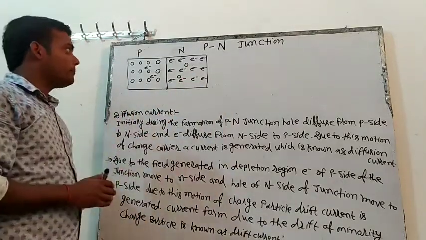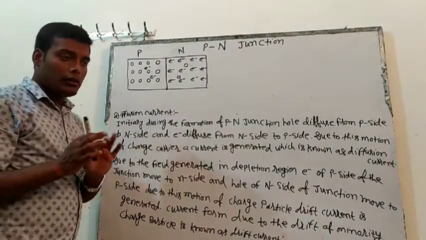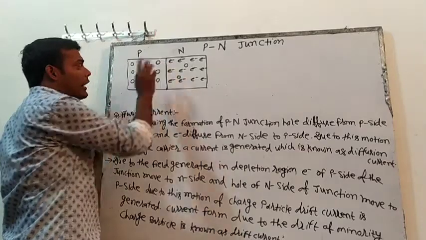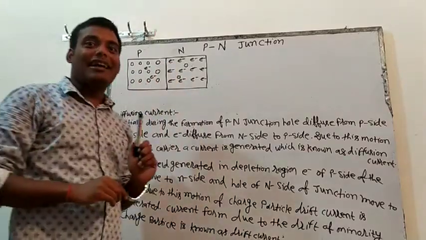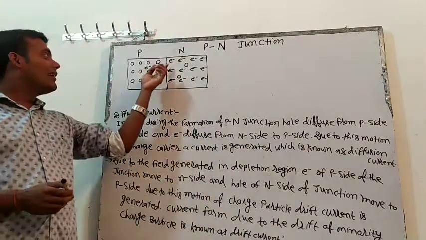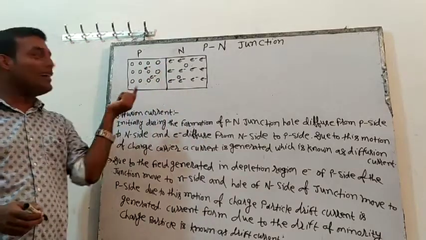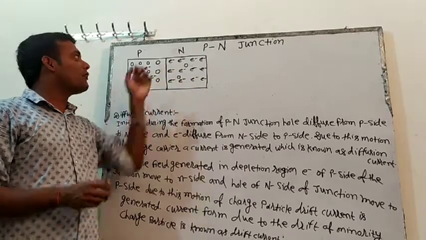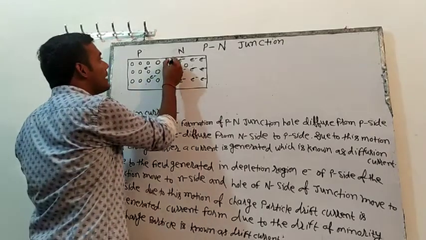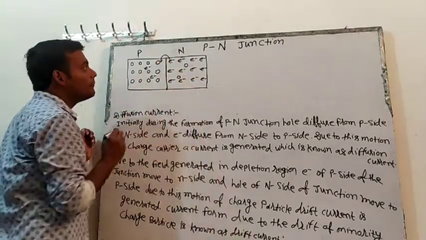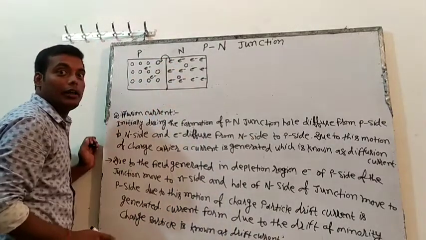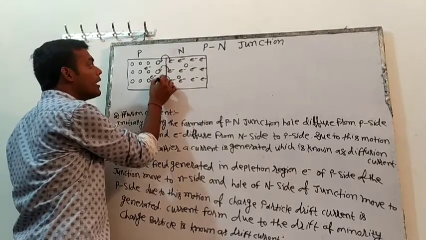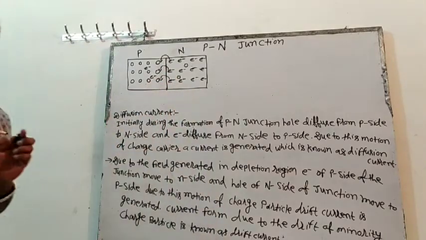Now what will happen? Think naturally that if there will be a negative and there will be a positive, what will happen? Attraction will happen. Like boyfriend girlfriend relationship, na? When there will be a negative charge, there will be a positive charge, what will happen? This electron will jump here. This negative charge will go near the positive charge. This negative charge will also go near the positive charge. And this negative charge will also go near the positive charge.